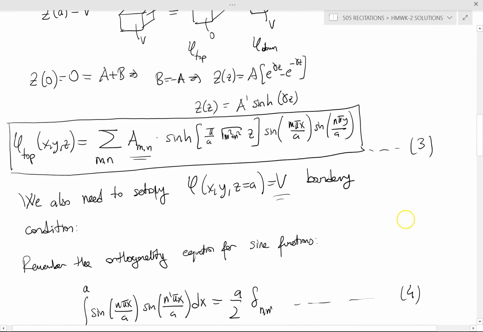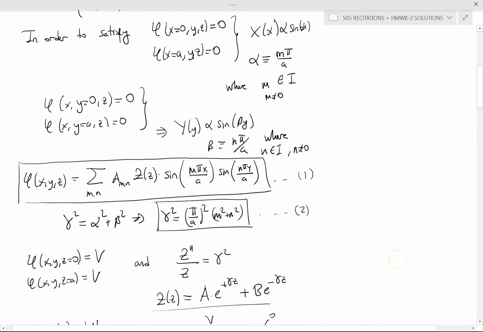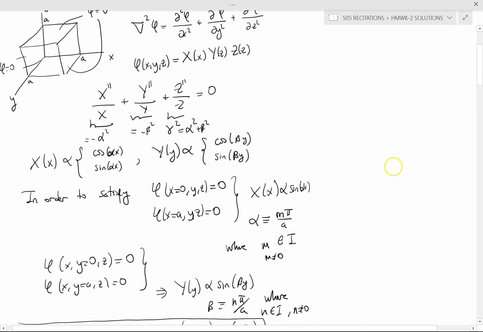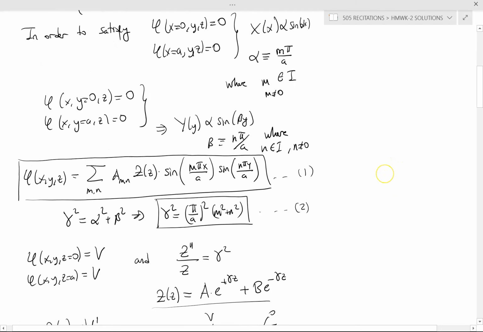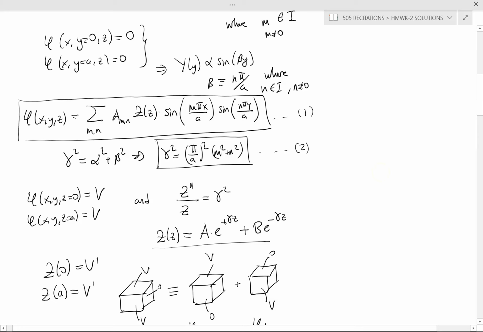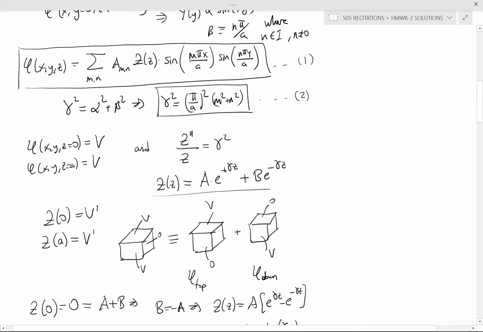In this case, the Laplacian had been solved by taking x and y coordinates to be 0 at the surfaces. Those give us sine functions, but the problematic coordinate was the z coordinate. In that coordinate, in order to satisfy boundary conditions which are equal on top and bottom,